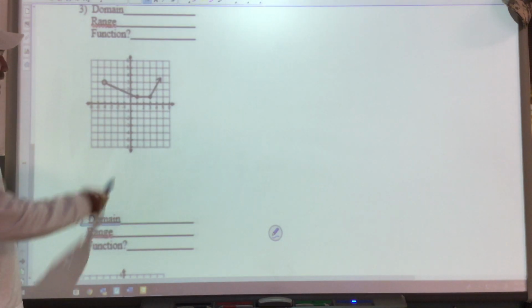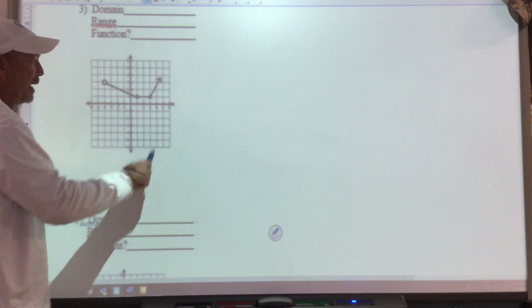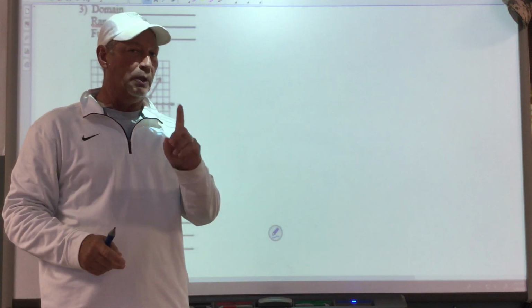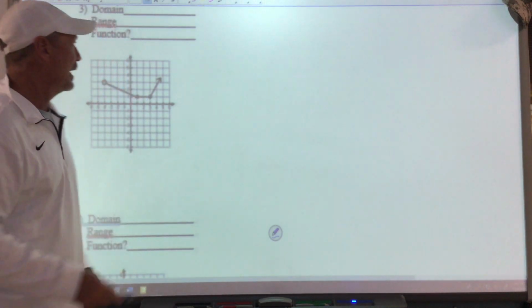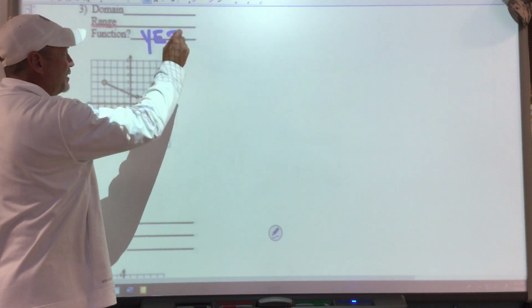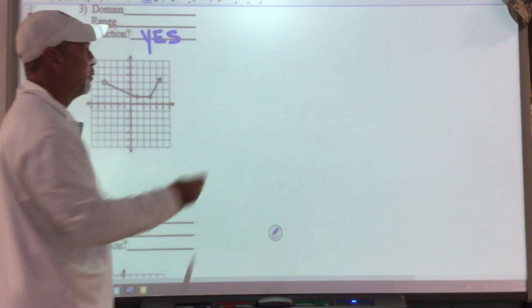All right, if I draw a vertical line, I would not touch my graph more than 1 time. If you draw a vertical line, you would only touch the graph 1 time. And that means, is it a function? And you would say, yes, it is a function. Now, as far as your domain goes,